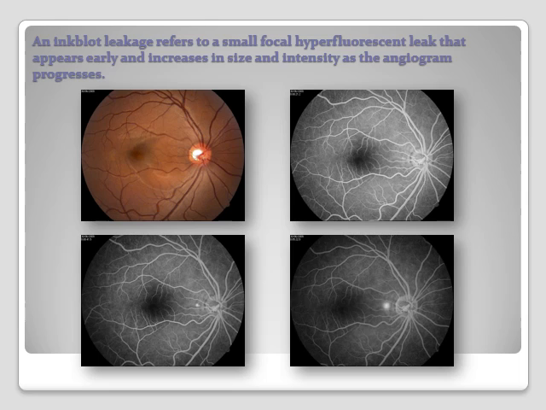Note in this slide the absence of RPE atrophic changes, indicating this is a recent active central serous chorioretinopathy. It is important to identify the leaking point in the early arteriovenous phase,